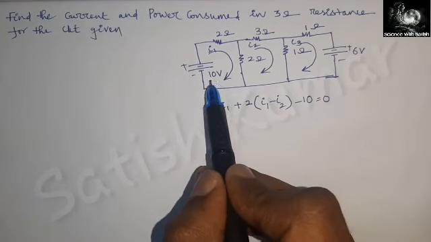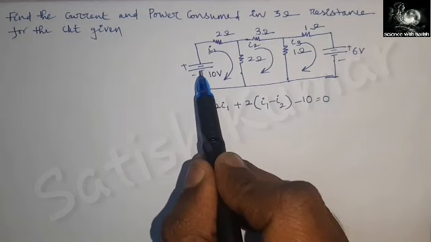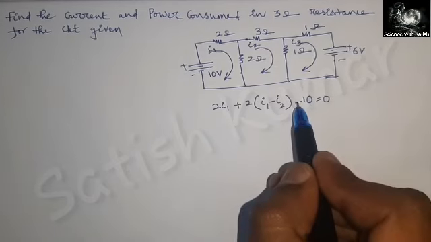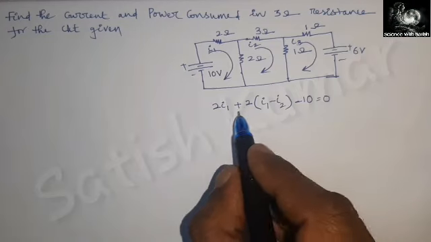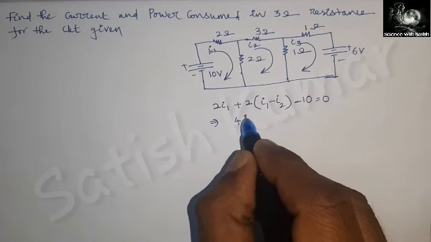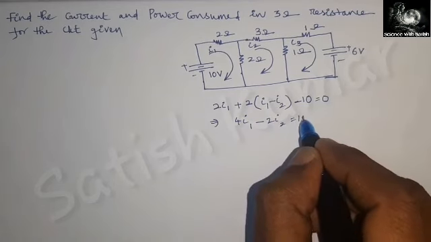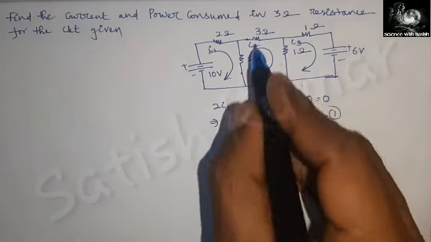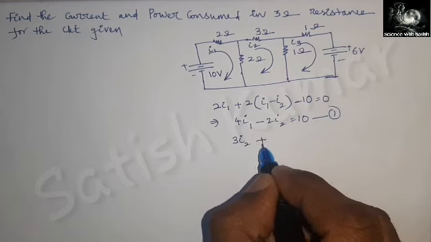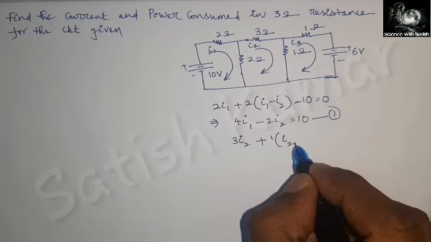And while moving in this direction, I come across the negative terminal first. So, minus 10. So, I want to solve this first. So, 2I1 it is 4I1 minus 2I2 is equal to 10. This is equation 1. The second equation is 3I2 plus 1 into I2,